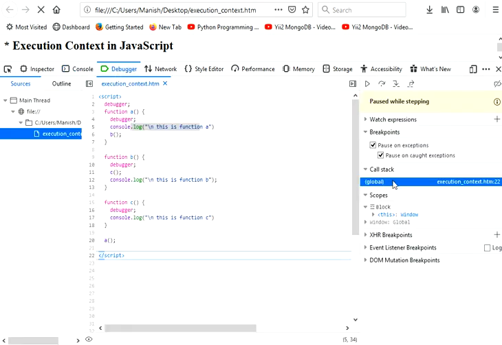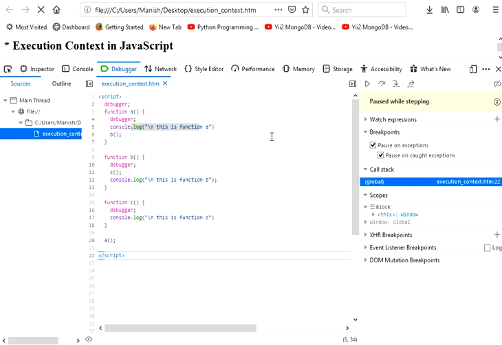And now again we are in the global execution context, and the execution contexts created for these three functions are removed now, because currently those are not running. So as of now only the global execution context is there.